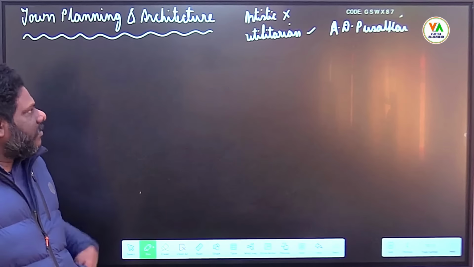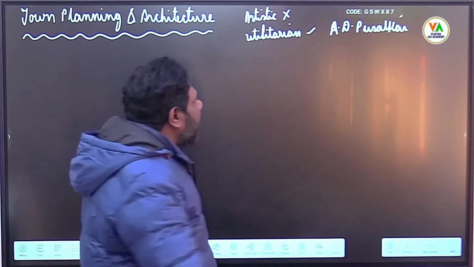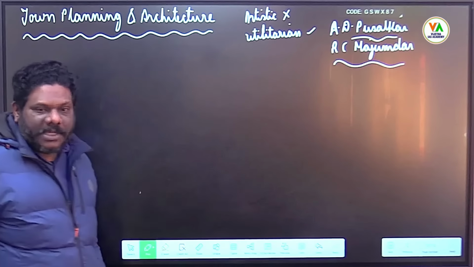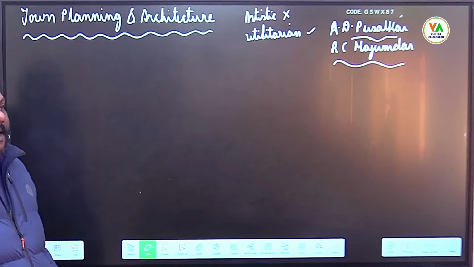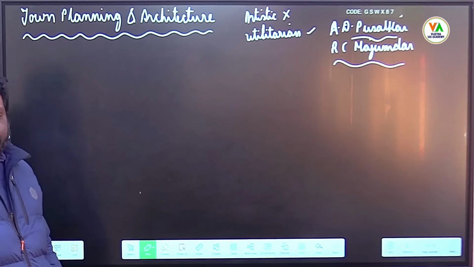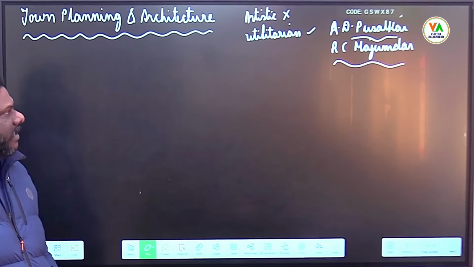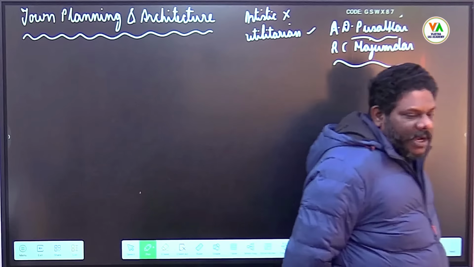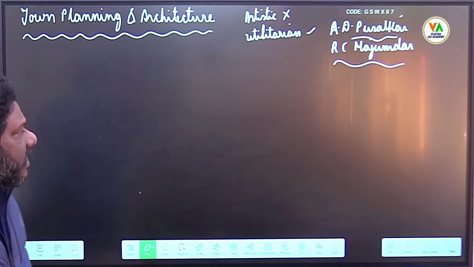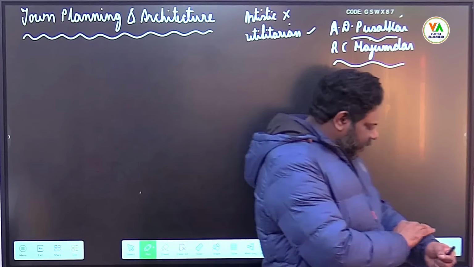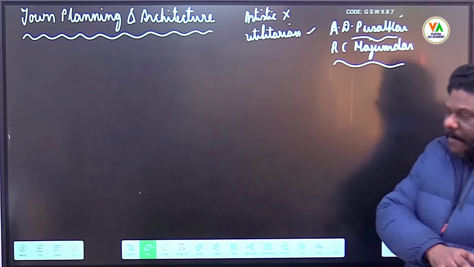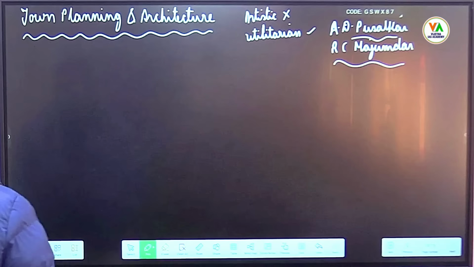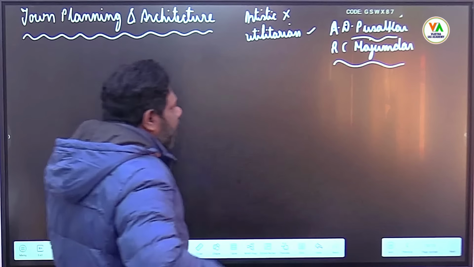According to R.C. Majumdar, these towns are large and populous with a high degree of municipal life and other facilities. The town planning and architecture of Indus Valley, even though not quite artistic in nature, is highly utilitarian. A.D. Pusalkar stated that the towns of Indus Valley are similar to the modern towns of Lancashire